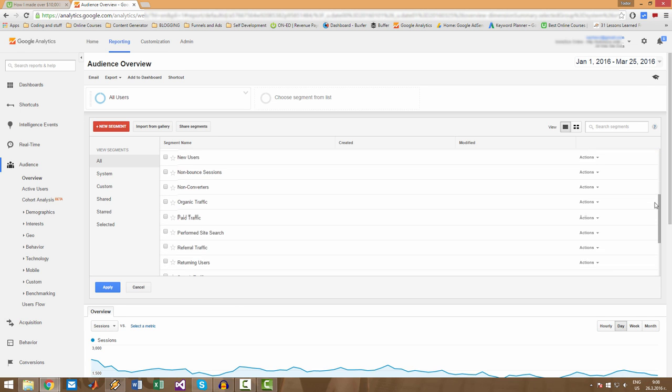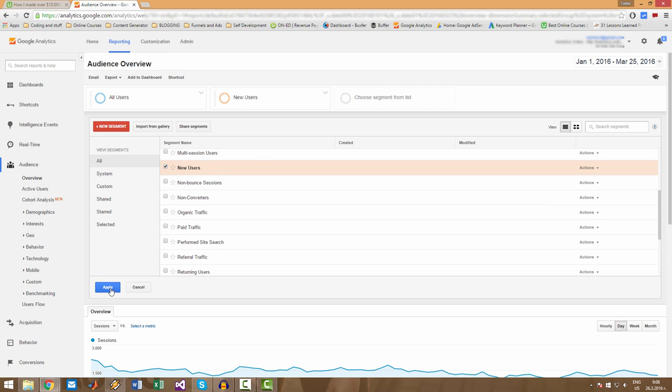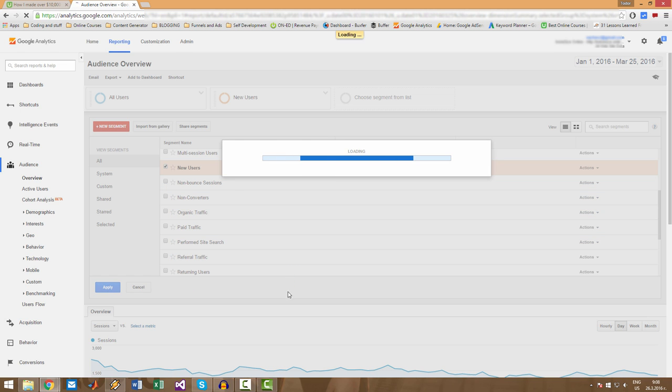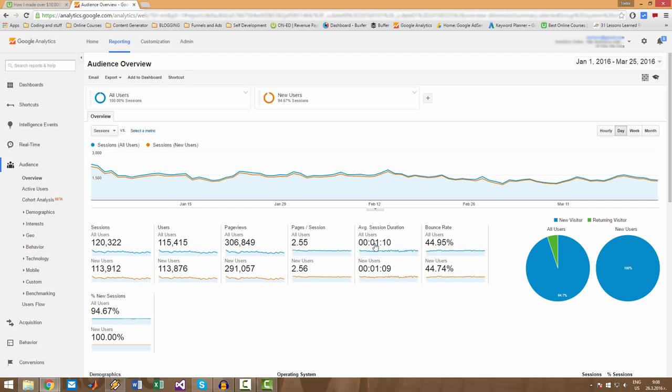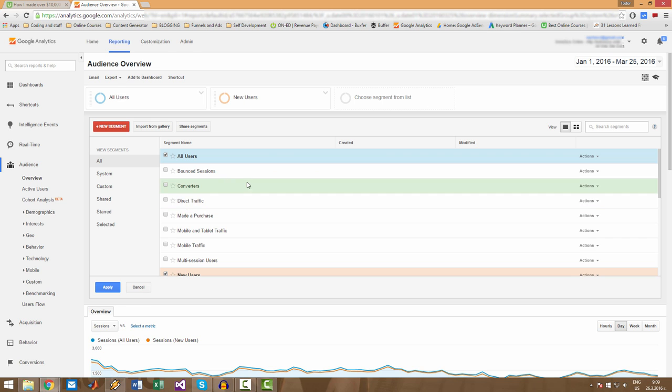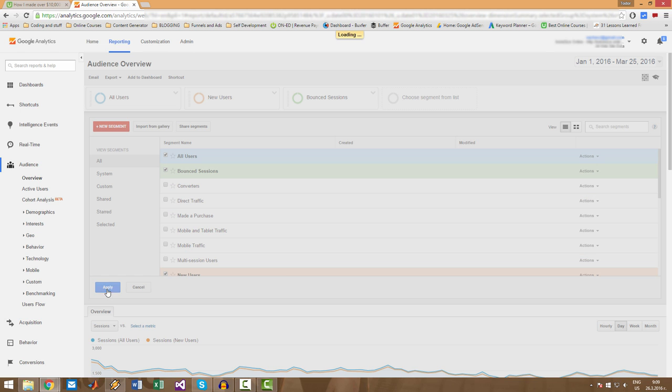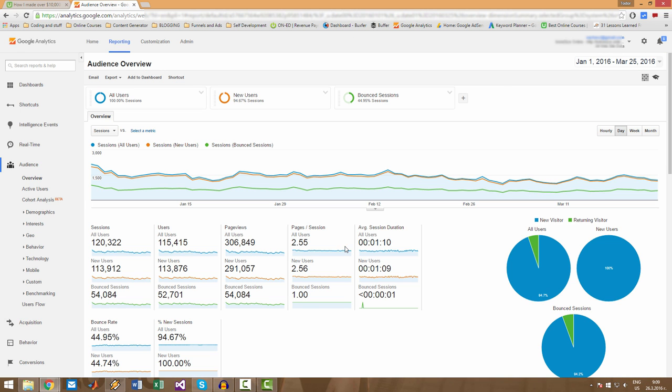So if you want to track any of these things, for example, new users, here you can see the same kind of data, but this time only for your new users. As you can see, new users here represent 94.67% of all my sessions. That's why the graph is pretty much the same, the orange graph, but it's just a little bit below the main graph. You can add many more things here, anything that you're interested to look at, but